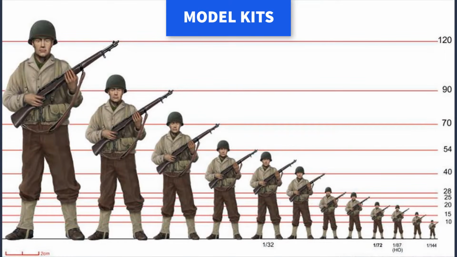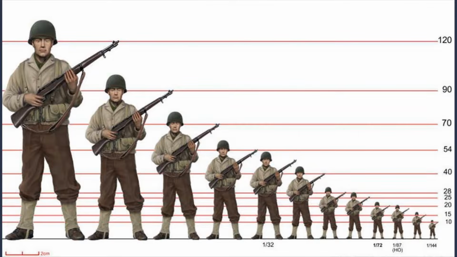The first is your typical model scale, and this is strictly that. You take the size of something and scale it down in proportion to whatever the scale is. Some popular scales are 1/32, 1/72, 1/44, but the key here is you're literally recreating the object at scale. So if you scale down a figure and the head was a certain size at full size, it needs to be exactly that proportion and size when you scale it down. So if my head is 10 inches tall and I scale it down to 1/100th, that's 0.1 inches,